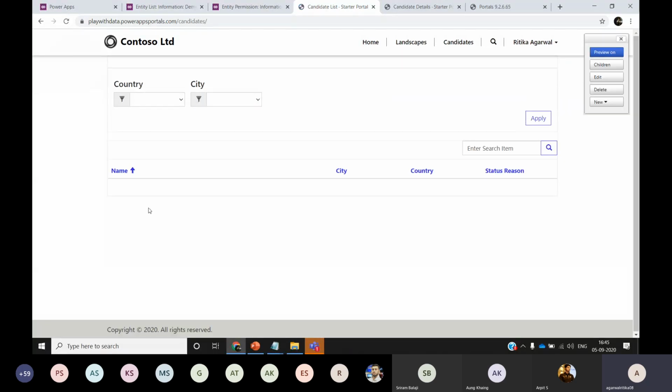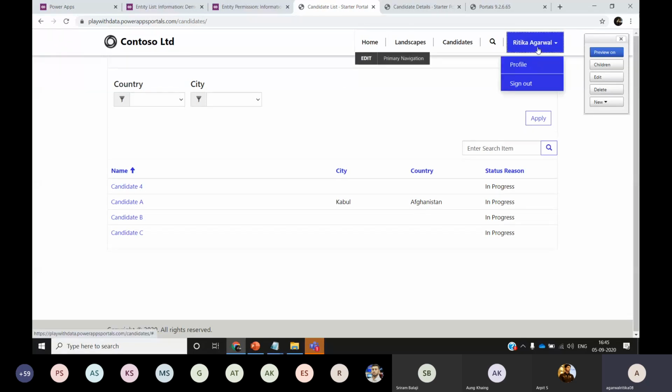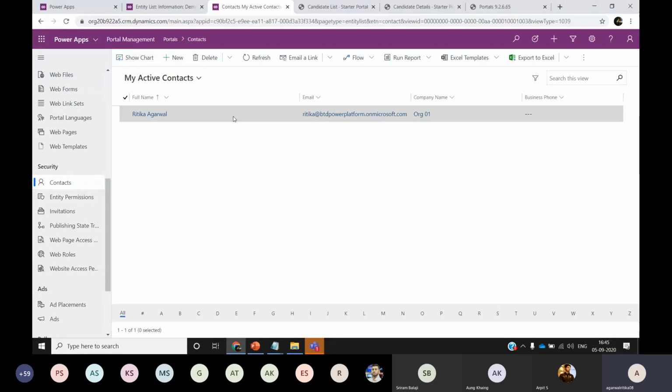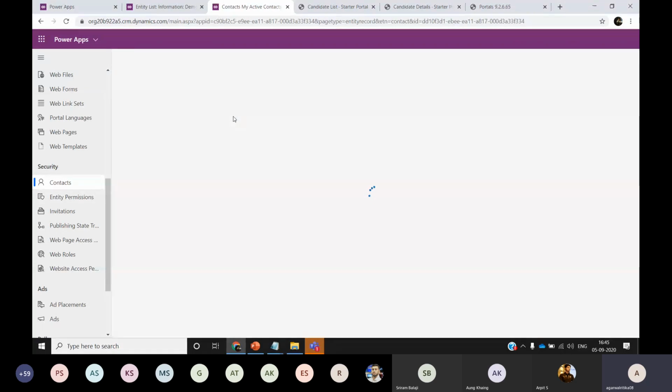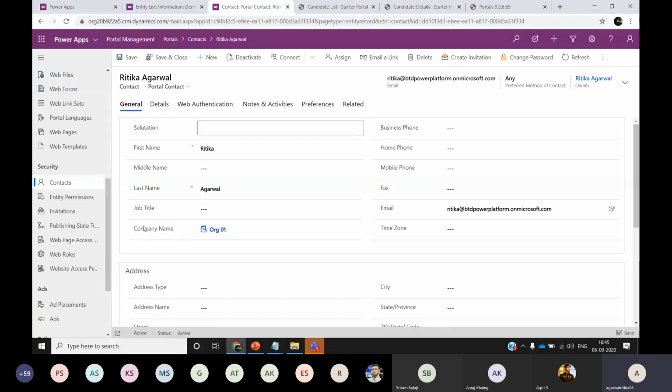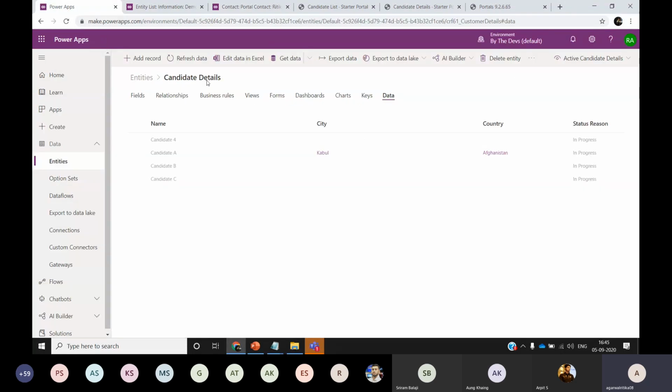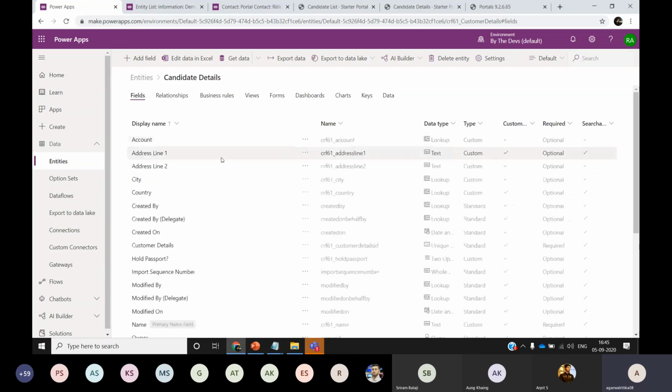One thing is, here I'm seeing all the details. So what if I want to restrict users to be only able to see records that are associated to their account? So if I go back to contacts and I check the contact record through which I am logged in, here I'm going to check the account which is associated. So the company name is org01, and on my candidate details entity, I have a field for account.